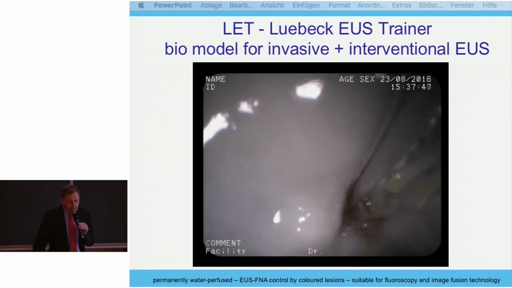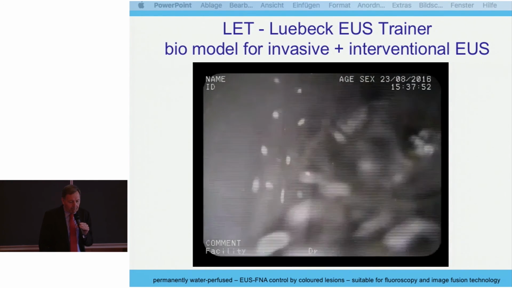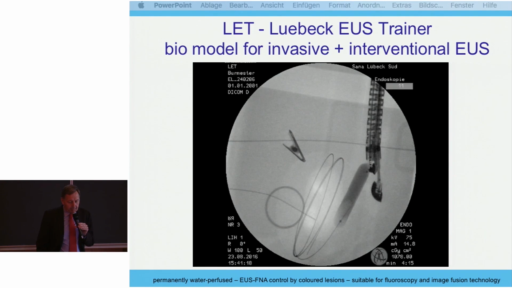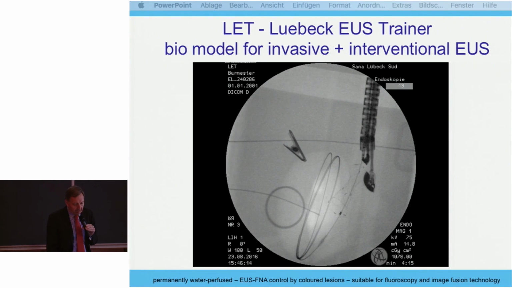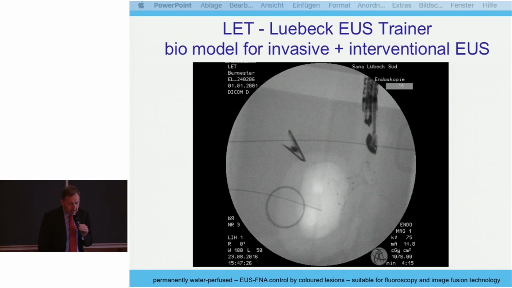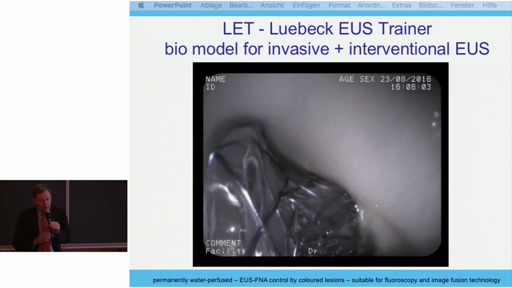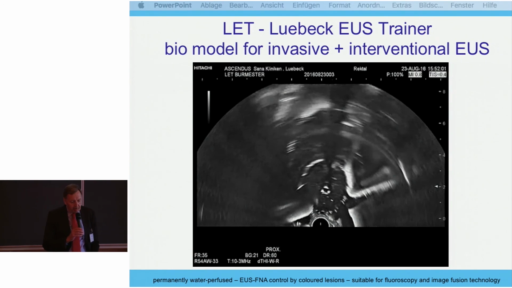So the Axios stent is placed now. You have the possibility to make X-ray control. You can make balloon dilation within it. And you have a control by fluoroscopy, where you can see the stent, the deployment of the stent. And afterwards you have a control. If you open the case, you see how the intervention went.